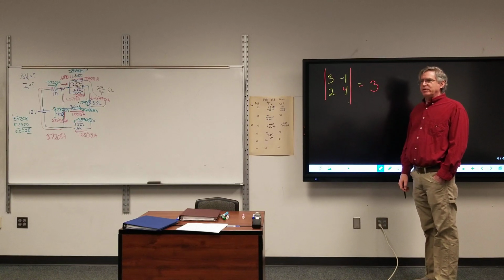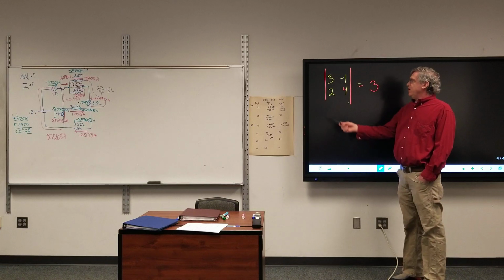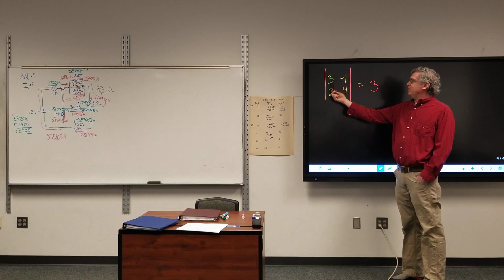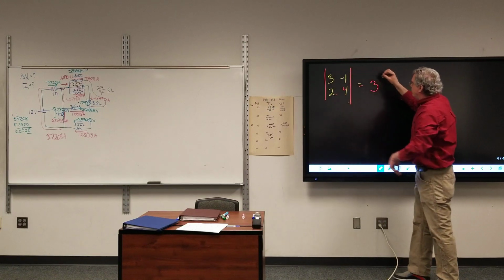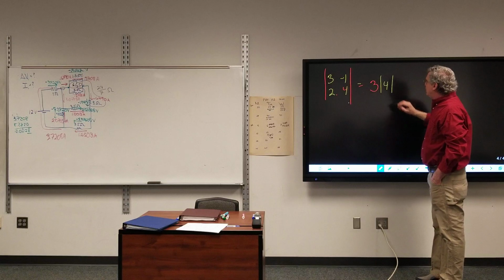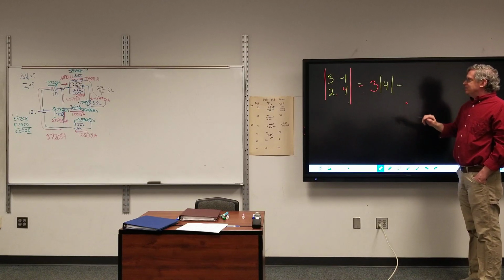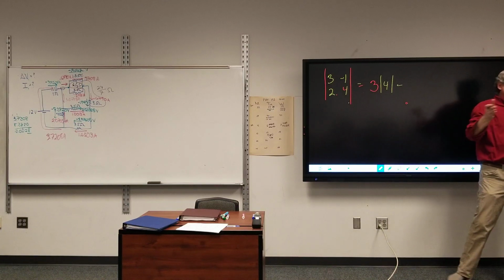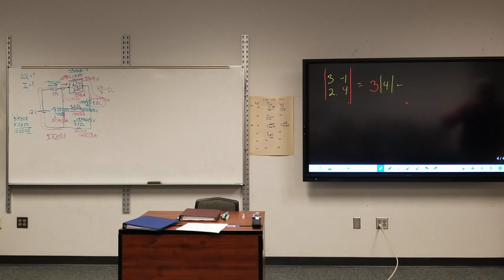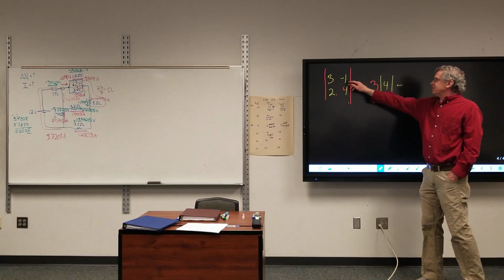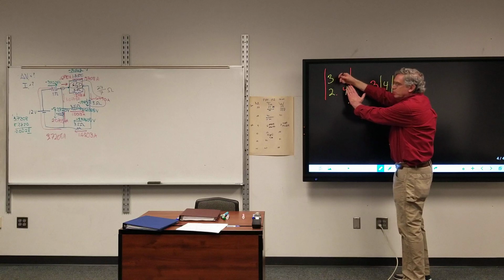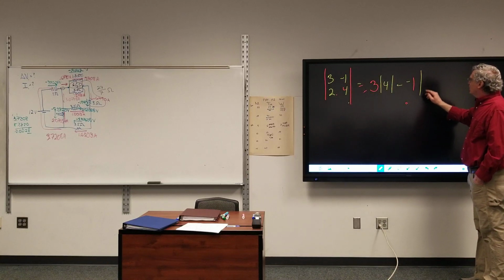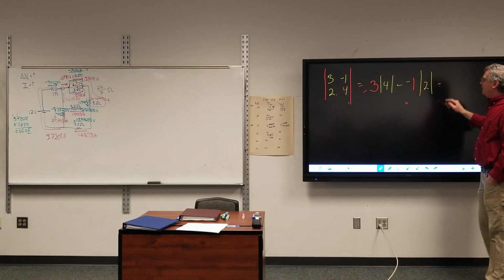So I write down the number in the upper left-hand corner. I now mentally block out the row and column the 3 is in, and what I'm left with is a 4. Whenever you do this, when you go across, the first one's positive, then minus, then plus, then minus, then plus, and so on. Now I go to the next number, -1. If I block out that row and that column, I'm left with a 2. And now